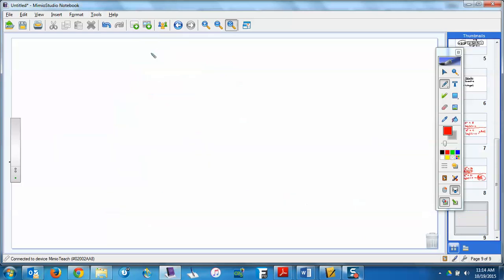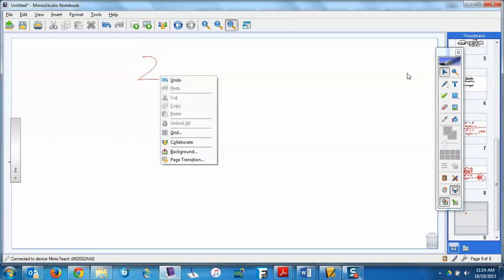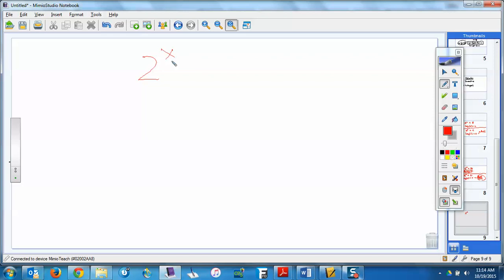So let me rewrite that problem. 2 to the x equals 21. Instead of changing its form, what I'm going to recommend is that when you want to solve an exponential, do the log of both sides. Does that sound familiar? Yeah. Do the log of both sides. Do it with natural log. So I'm going to do ln of this side, and I'm going to do ln of this side.